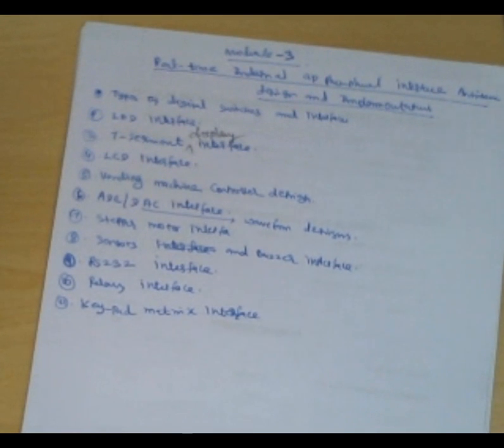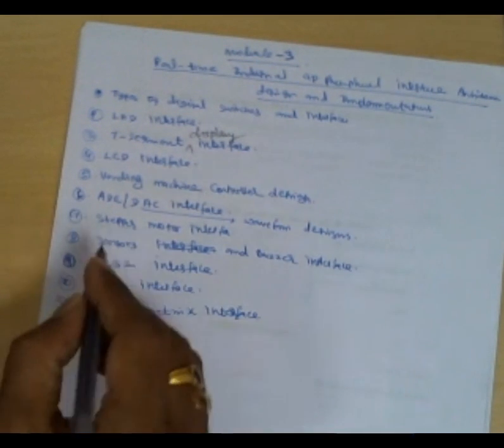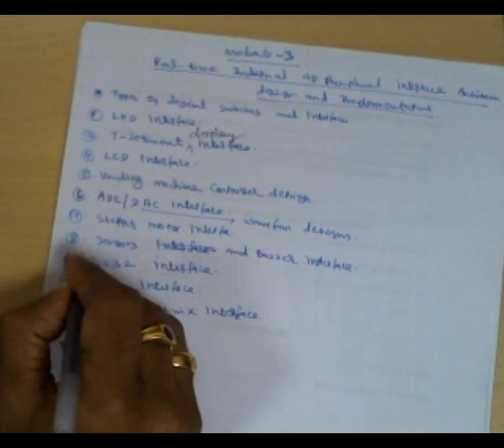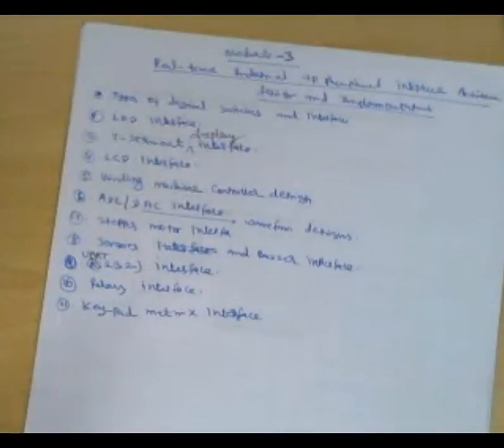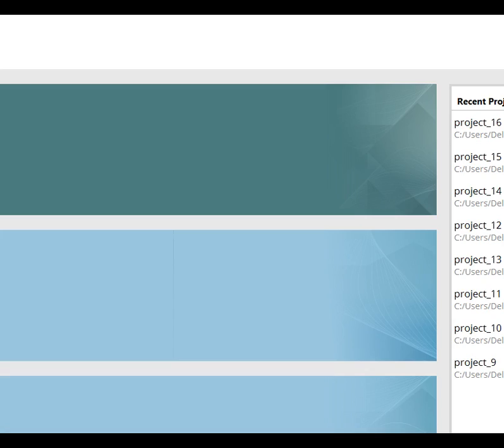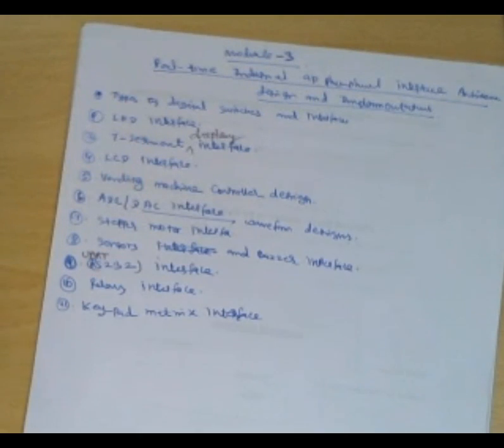Ninth one, UART (RS-232), the serial communication interface.